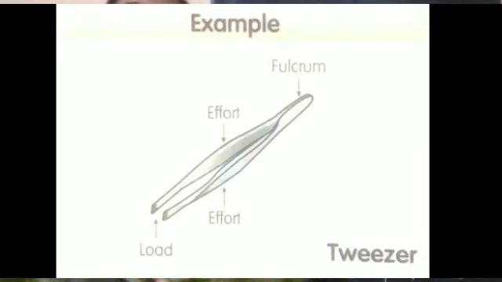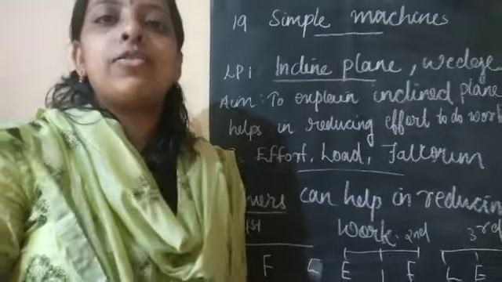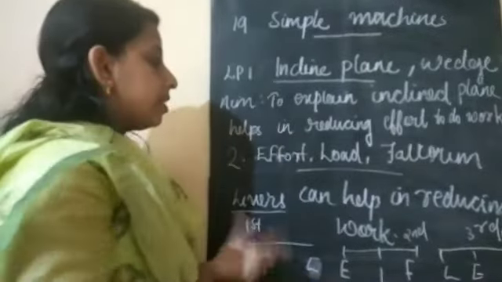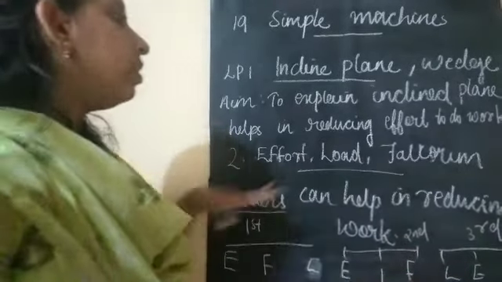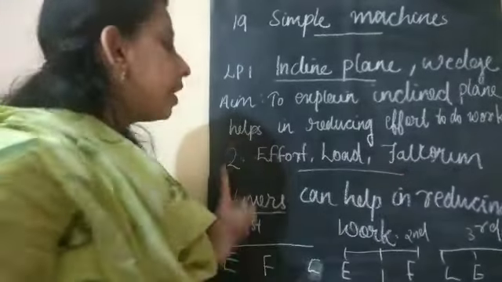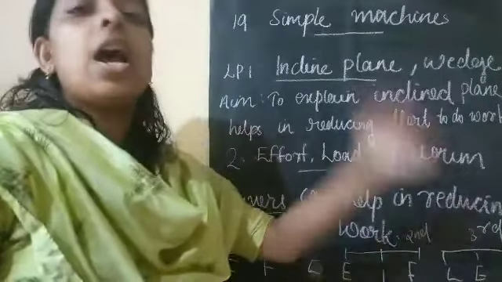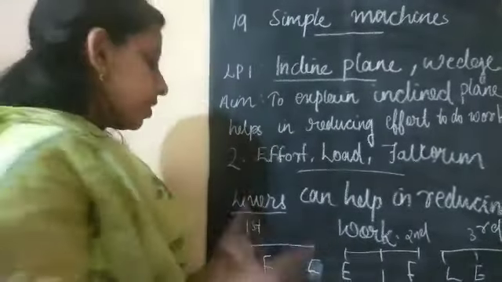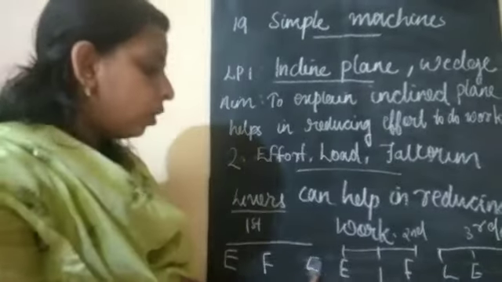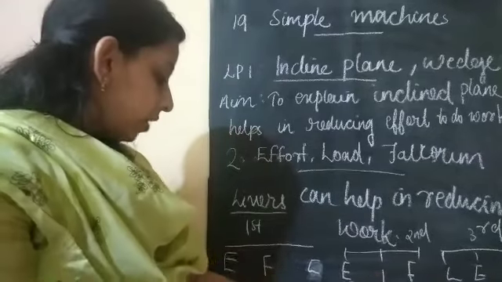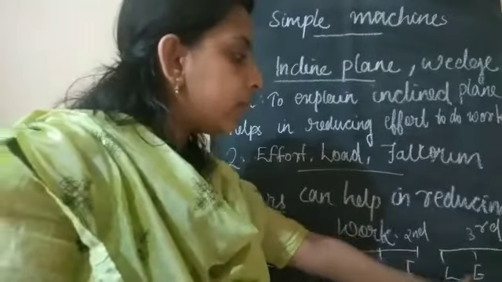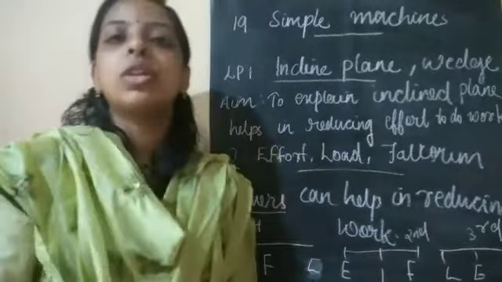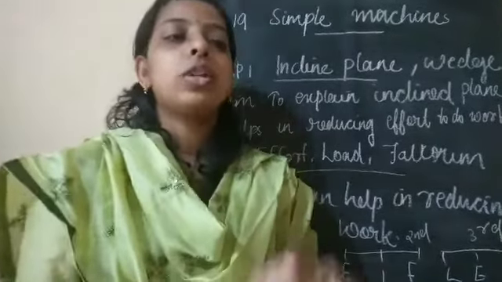This lever helps us to lift an object with less effort or less force. Then on the basis of the alignment of effort, load and fulcrum in various kinds of objects, we can divide these levers into three types: first class, second class and third class, and you should learn each definition. First class lever, fulcrum is in between effort and load. Second class lever, load is between effort and fulcrum. Third class lever, effort is between load and fulcrum. Then you should learn its examples also. So that's all about our lesson.